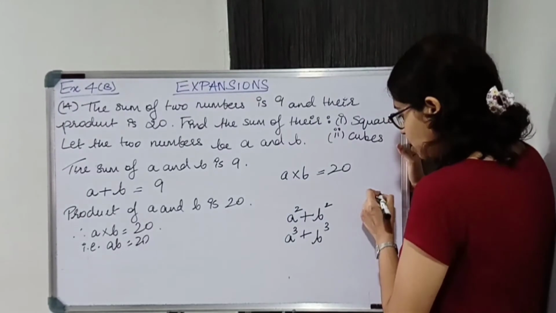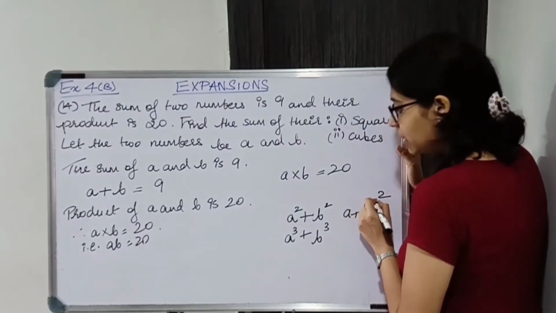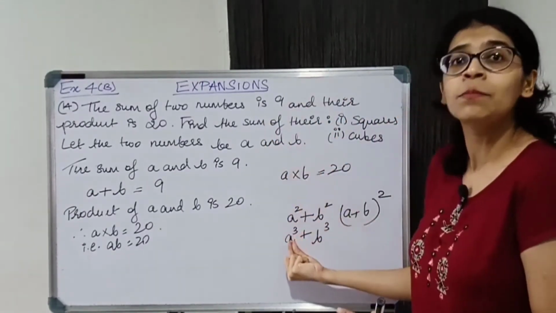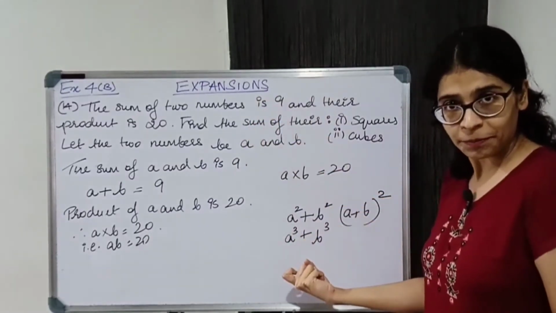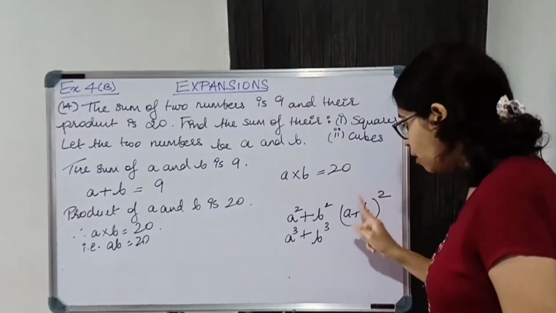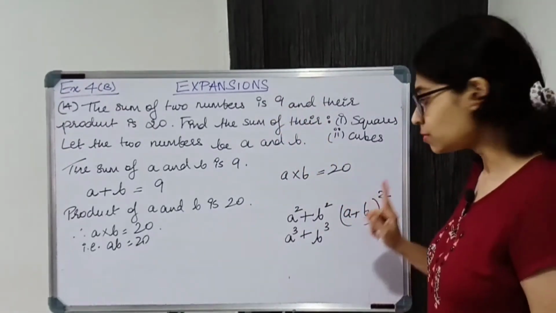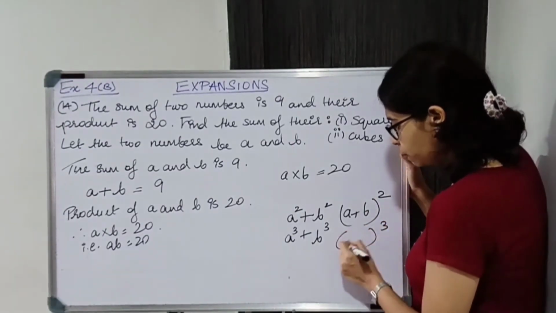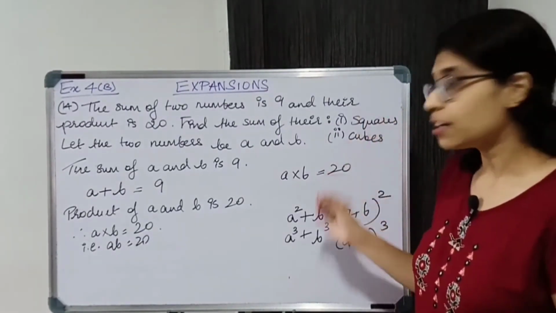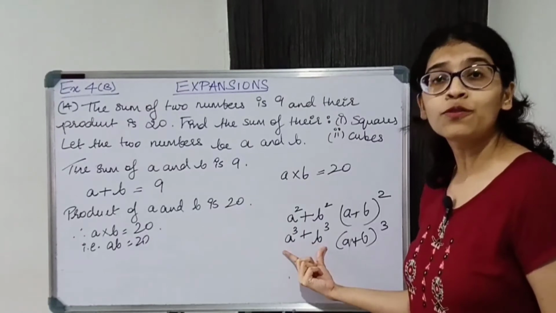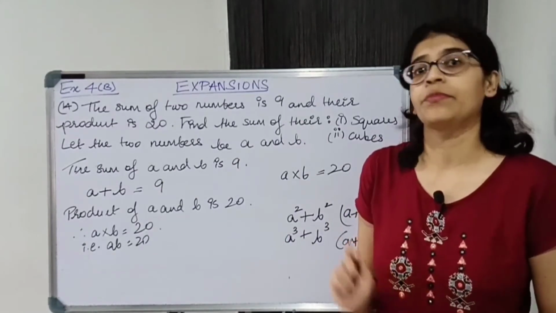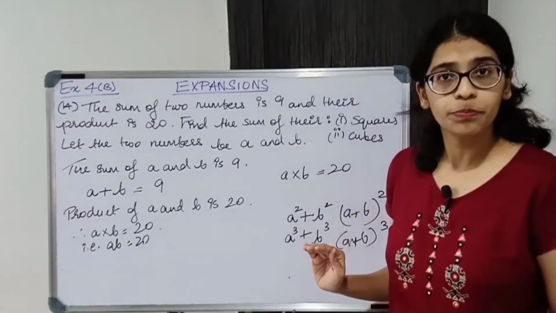Okay, now students, it is sum of their squares, not square of the sum. Square of the sum would mean we sum first and then square. Here it is said sum of their squares, so square it and then sum it, cube it and then sum it. If it is the other way around, it would be square of the sum, or cube of the sum. Read the question very very carefully. Sum of squares and sum of cubes. Also there is plural. Plural means there are two squares and two cubes. Okay, now let us find these two.